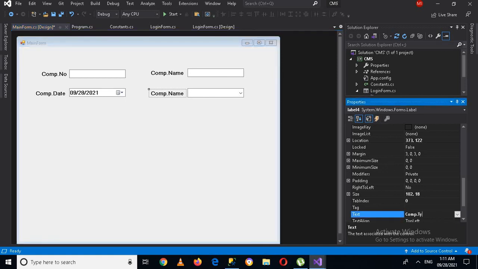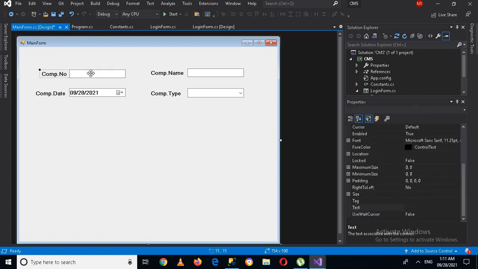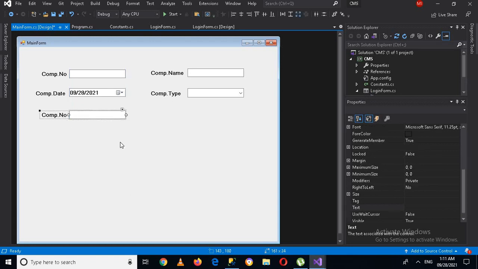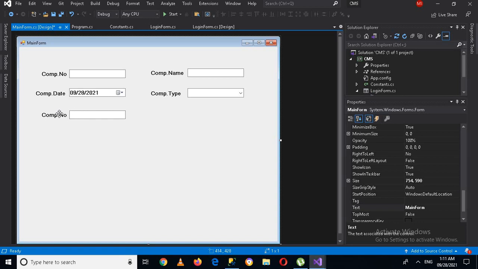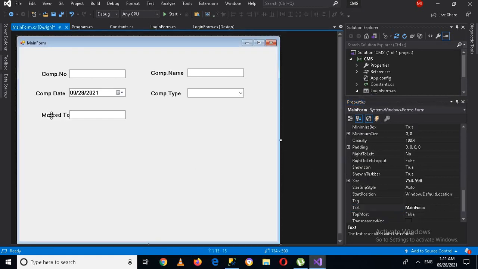I'll name this complaint type, then I'll drag these two, and I'll change the text of this to mark to, and then